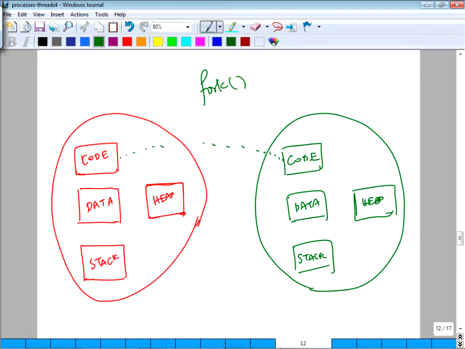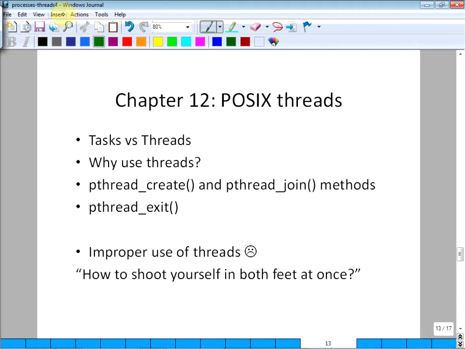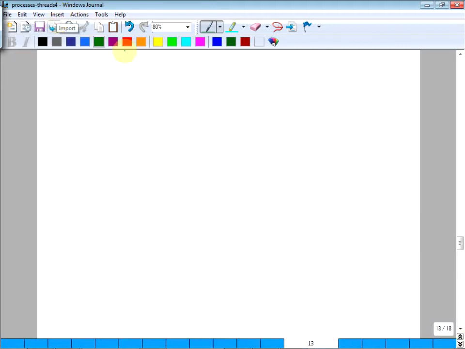So the main thing we want to focus on is this data and stack. Code is not very interesting because it manages internally. Let's see what happens when you are adding a thread.